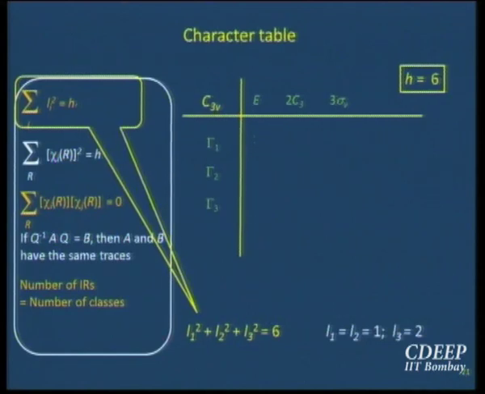1, 1, 2, or 1, 2, 1, whatever. So you can write it in many ways. Since you can write it in many ways, instead of creating a Tower of Babel, it makes sense to decide in which order we will write. We will write the one-dimensional representations first, followed by 2-dimensional representations, followed by 3-dimensional representations, and so forth, if they arise. Okay. So L1 is 1, L2 is 1, L3 is 2, that is how we will write. Convention, nothing else. All right.